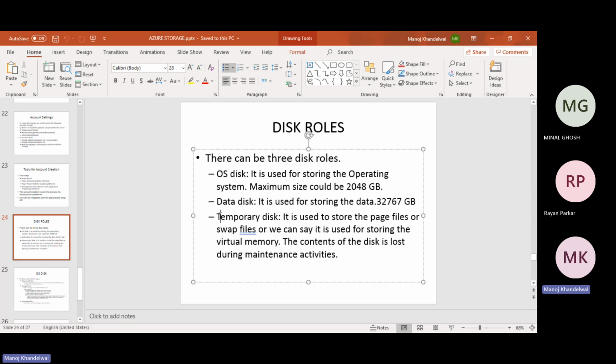And there is also a temporary disk. When we create a virtual machine, you will see a temporary disk too. When creating a virtual machine, at minimum it will create an OS disk. Optionally we can create one more data disk there, and a temporary disk will be there, which is used for storing